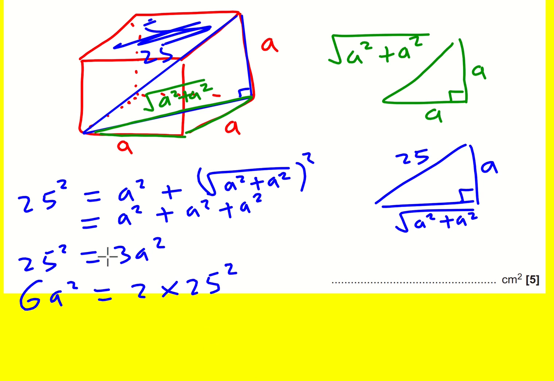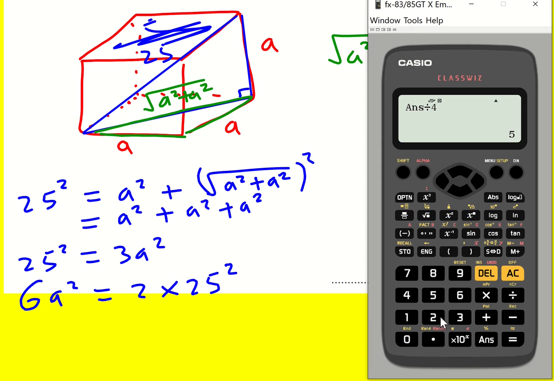And I'm nearly done. Of course, you could have solved the equation for A. You could have divided by 3 and then square rooted, and then you could have squared it and times by 6, but I'm actually doing it more quickly here. So it's just going to be 2 times 25 squared, and there we have it,